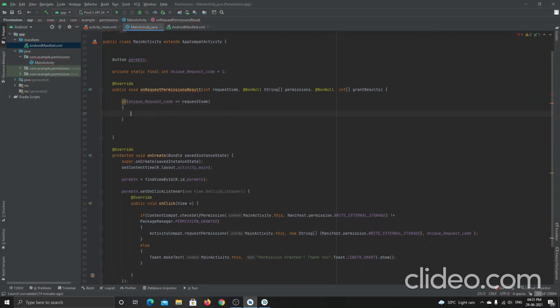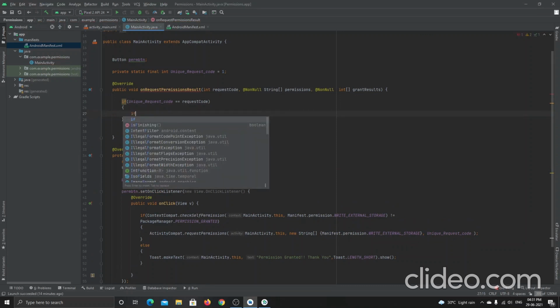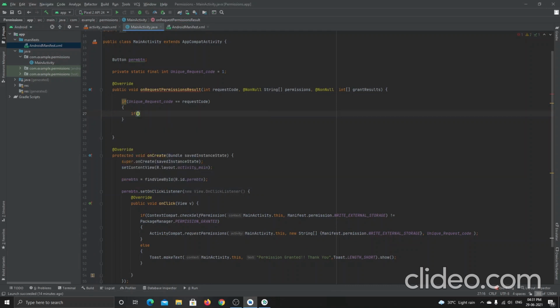And inside this, I will use another if condition to check whether the grant position is equal to permission granted or not.